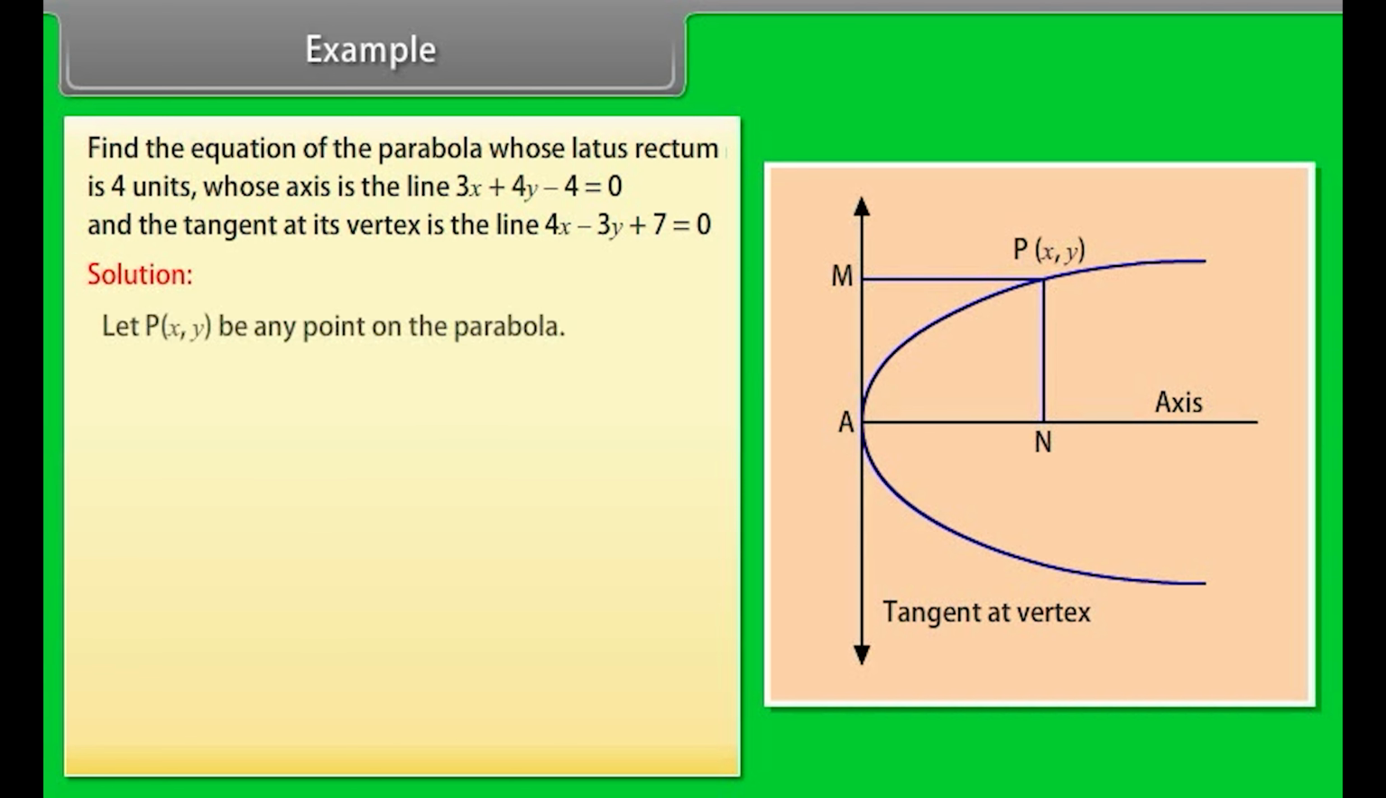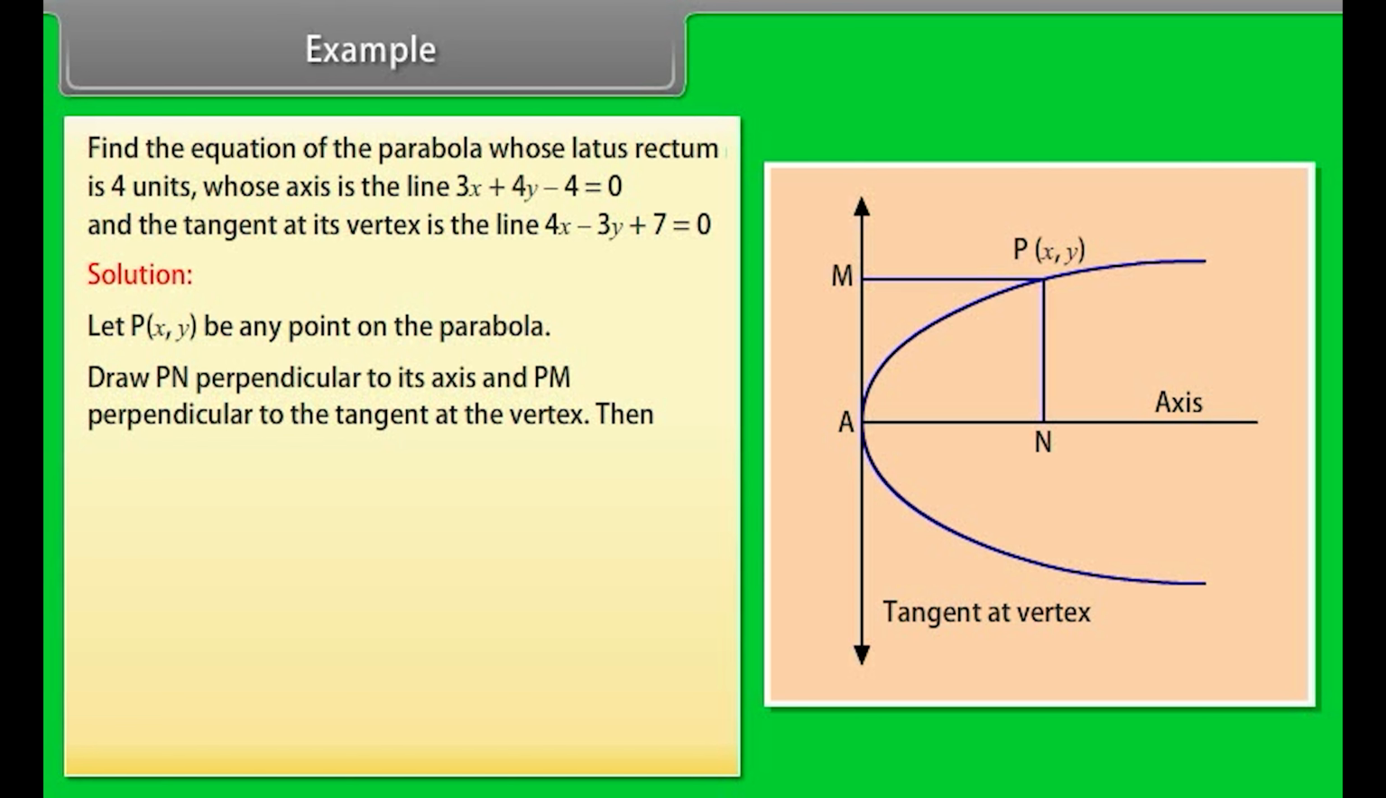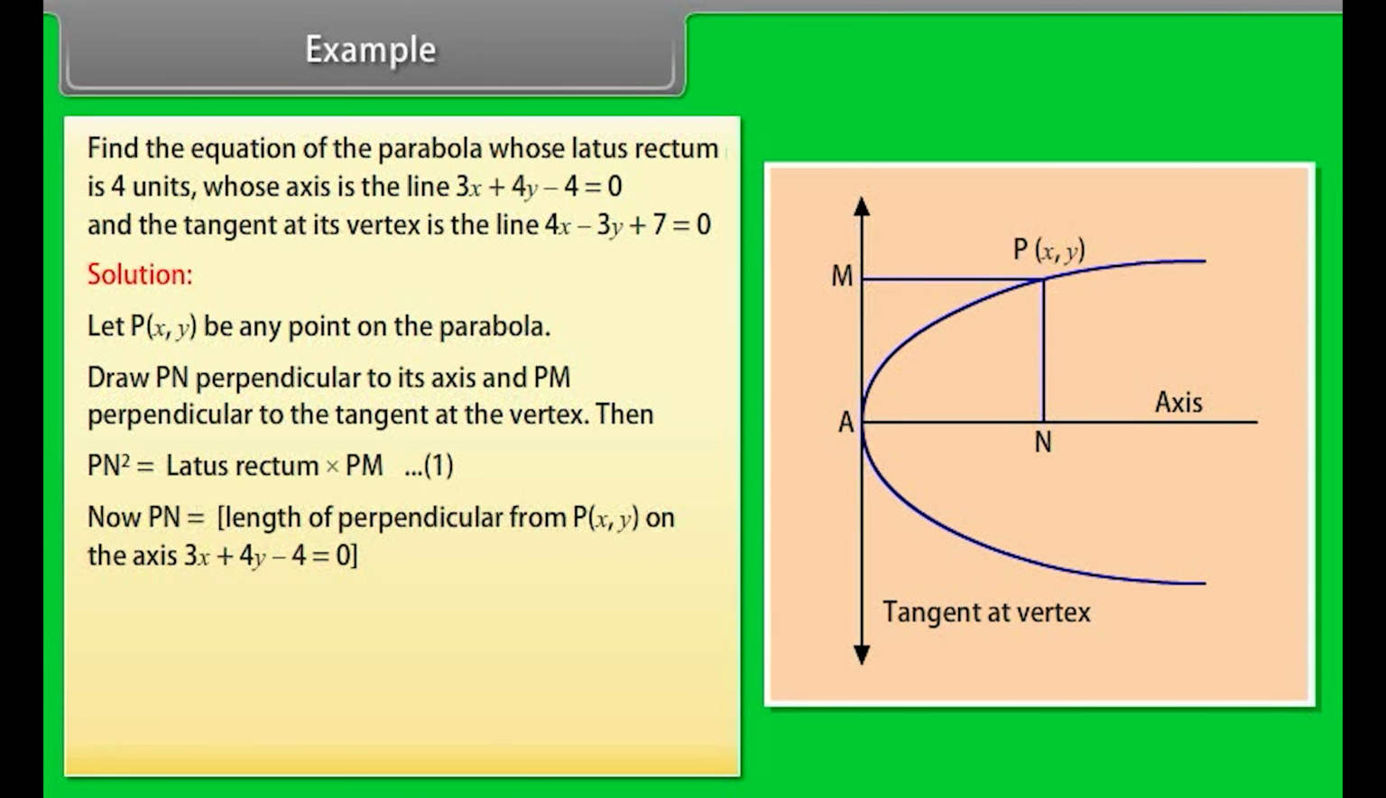Solution: let P(x, y) be any point on the parabola. Draw PN perpendicular to its axis and PM perpendicular to the tangent at the vertex. Then PN squared is equal to latus rectum times PM. That is equation 1. Now, PN is equal to the length of the perpendicular from P(x, y) on the axis 3x + 4y - 4 = 0, which is (3x + 4y - 4) upon the square root of 9 + 16,